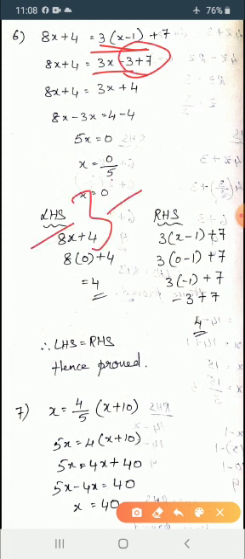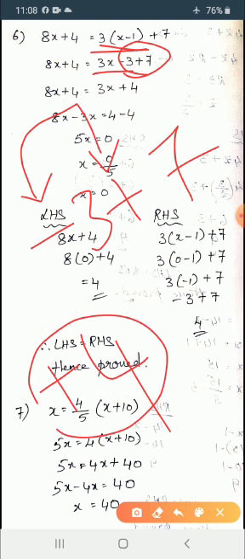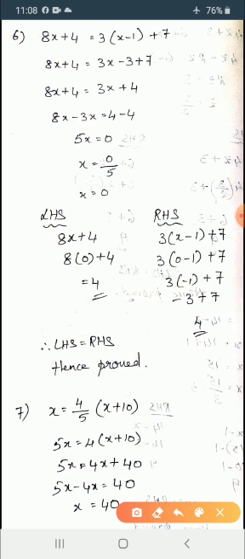How to solve minus 3 plus 7? Always write the sign of the greater number first, and also check whether the two signs are same or different. This is minus and this is plus, so always subtract. When you have opposite signs, you need to subtract. 7 minus 3 is nothing but 4, so you are going to get plus 4. So I have written plus 4 here for minus 3 plus 7.